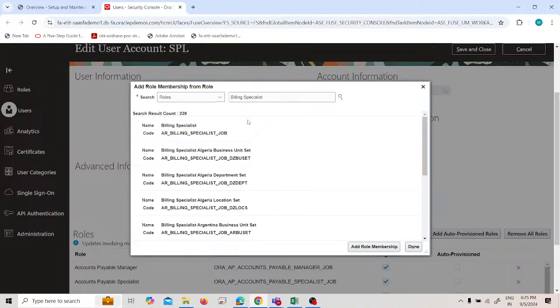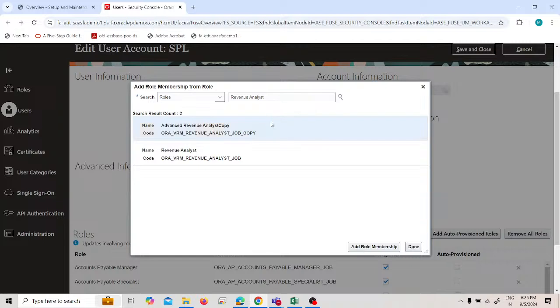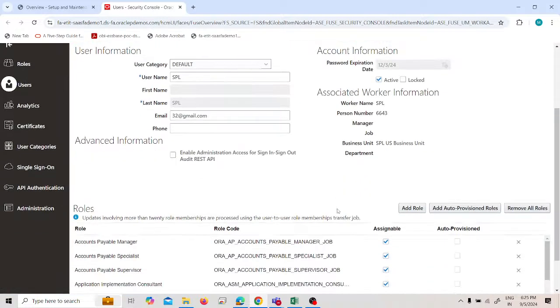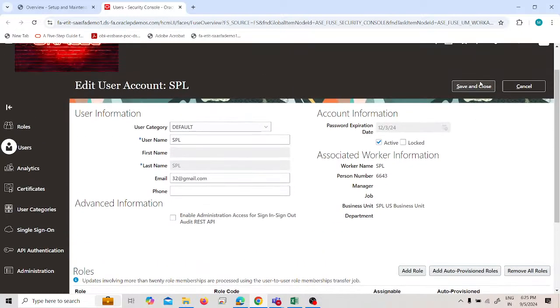This is the billing specialist. So now the last will be the revenue analyst, to analyze this. Okay, so we will create this. These five roles we have to provide him. You can see we have selected accounts manager, accounts receivable specialist, and this. So click save and close, and after that